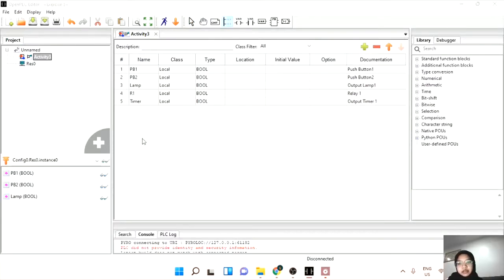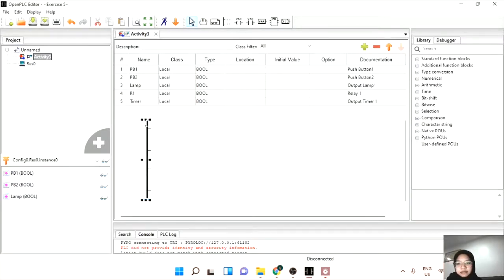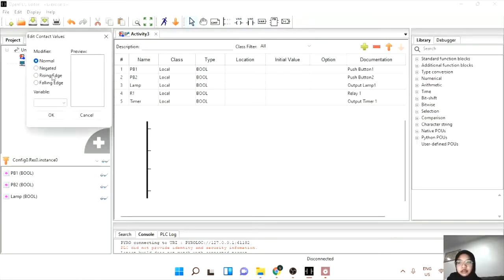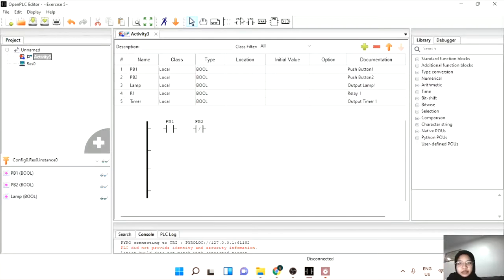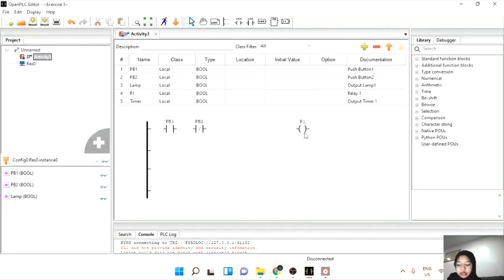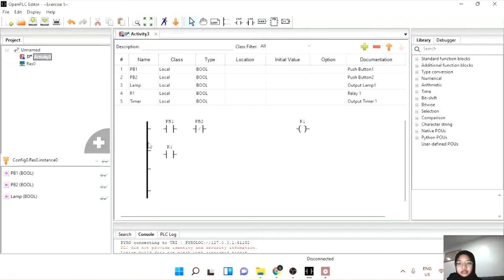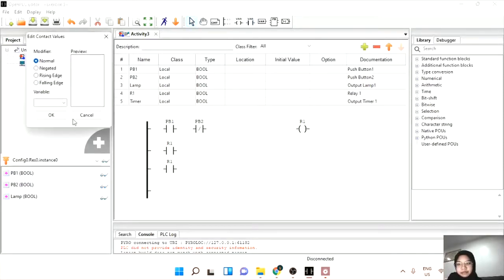first we have to add the power rail, which is the 4-pin number, and then we need to put the PB1, and then we have PB2, negative PB2, we have relay here for R1, and then we have the variable contact, which is R1, and then we have R1 again here for the contact, and the last one we have the timer here,